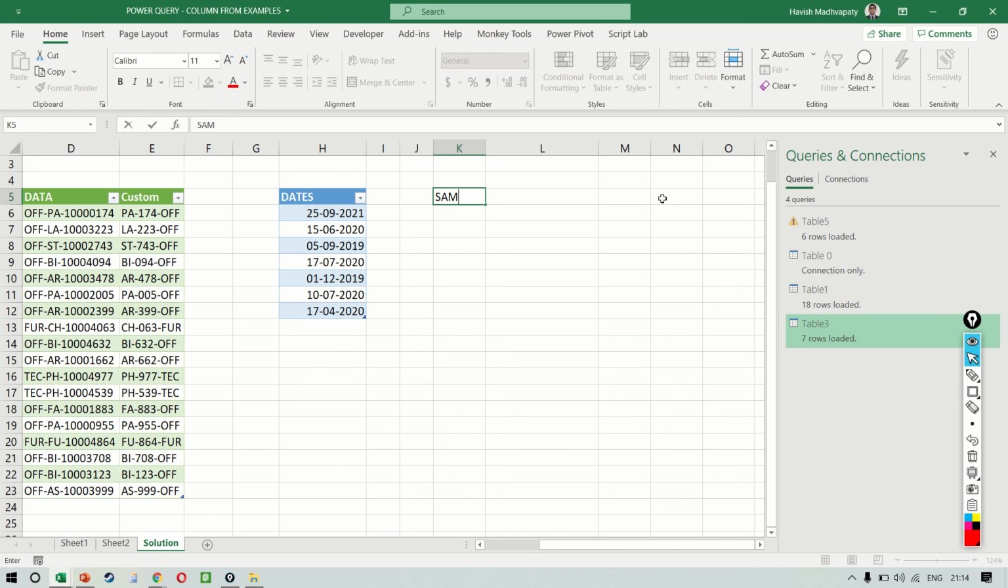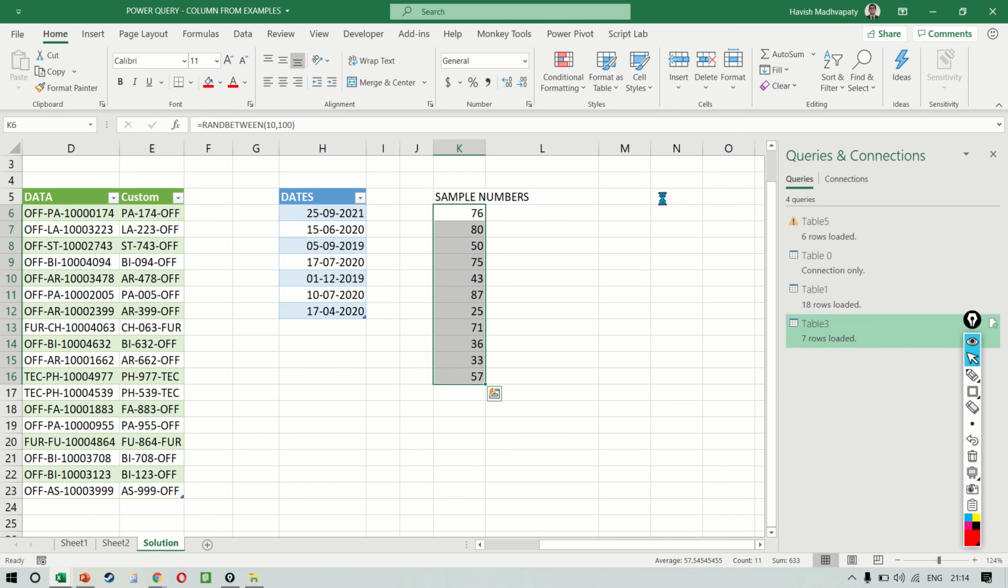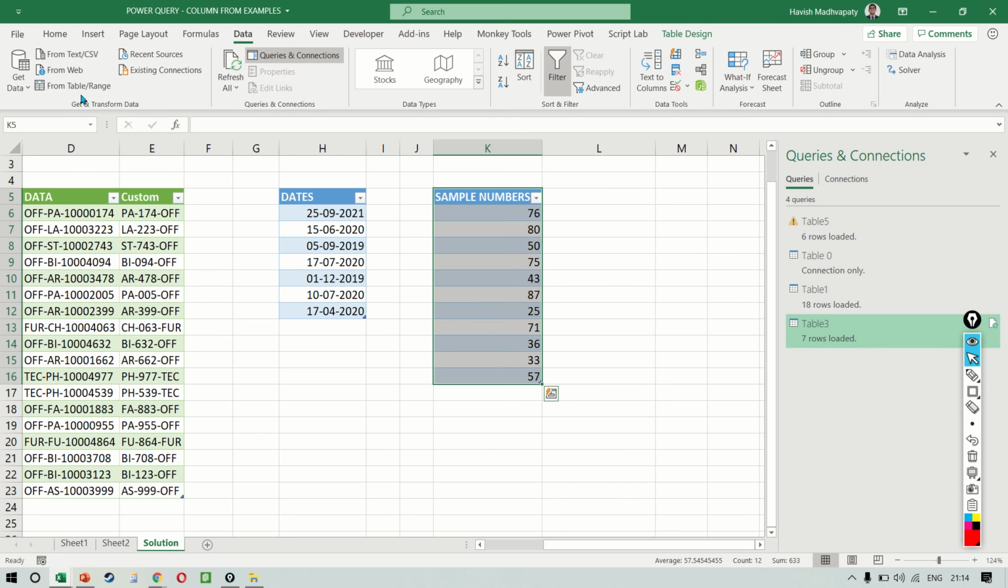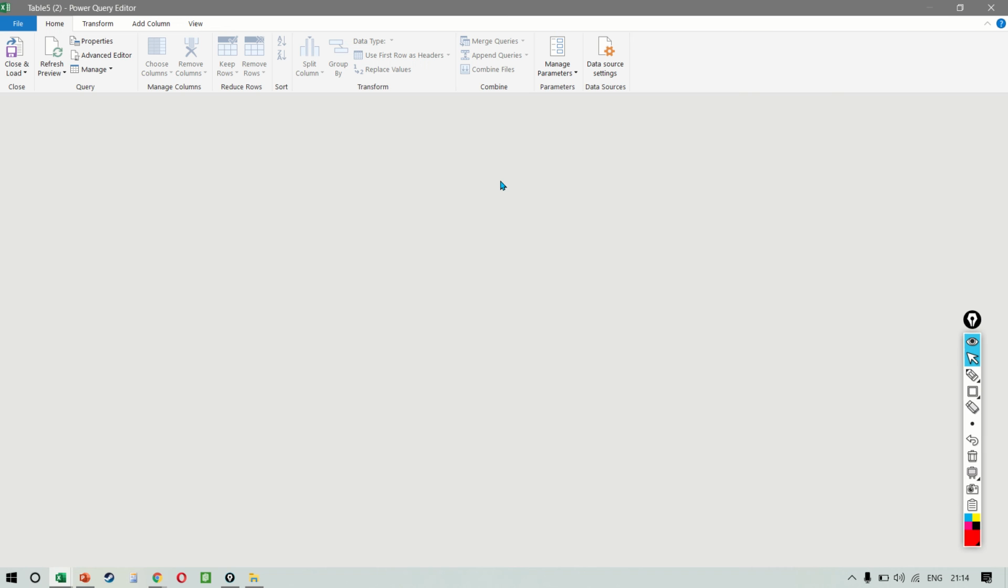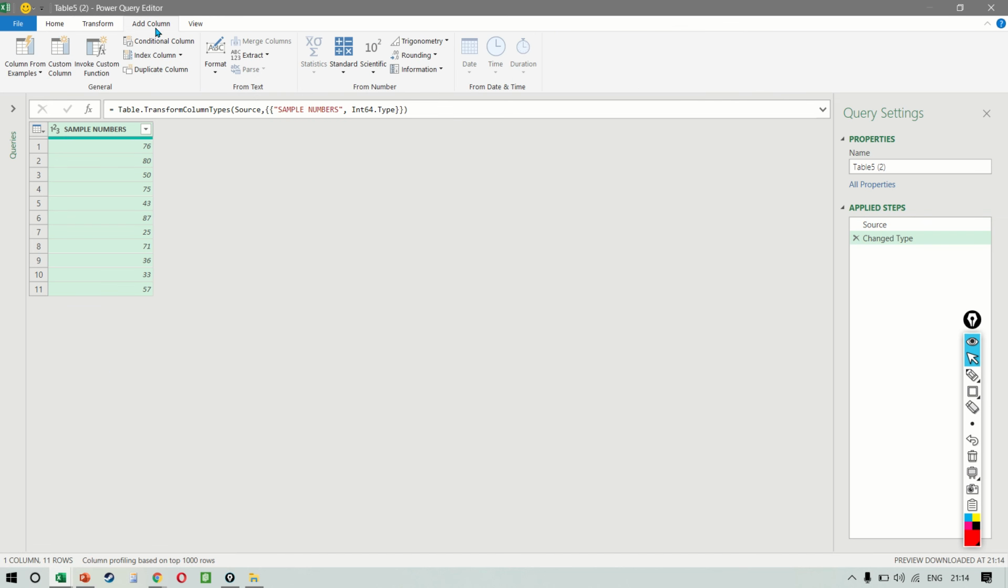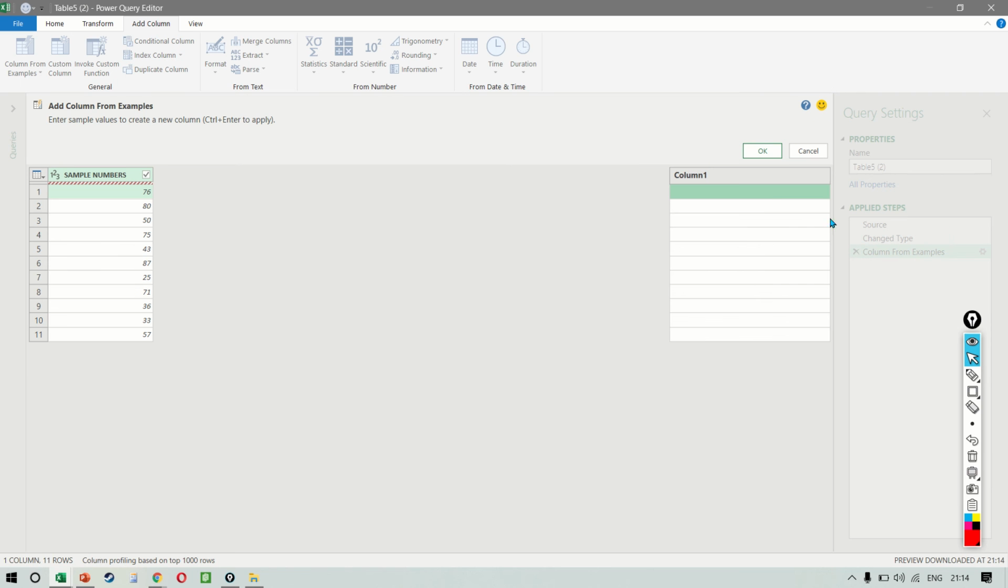Here we have some sample numbers, and these numbers are between, let's say, 10 and 100. All right. So we want to send this data to Power Query. So data from table or range. Now notice this carefully. I can select the column, click on column from examples, and I can simply write a range. So I want to say that 76 is between